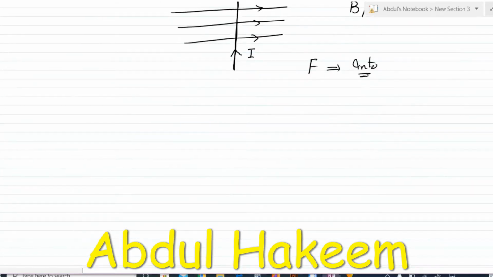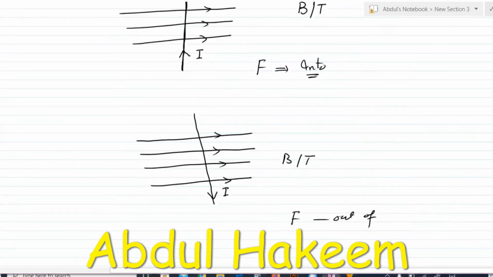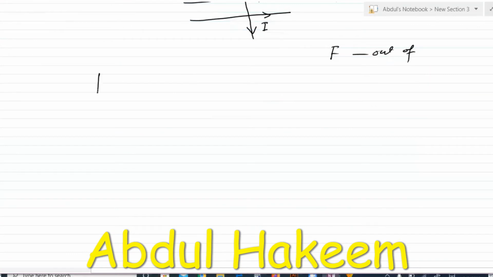But when the magnetic field is the same, this is the wire, and the current is downward, then according to Fleming's left-hand rule, the force is now out of the page. So this is our knowledge from the O-level. Now, the size of the force. Yes, we can determine the direction of the force by Fleming, but this magnetic force, FB, depends on,